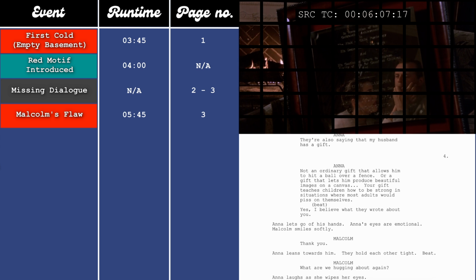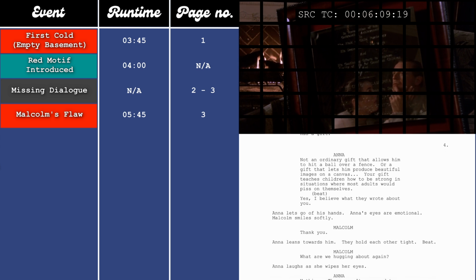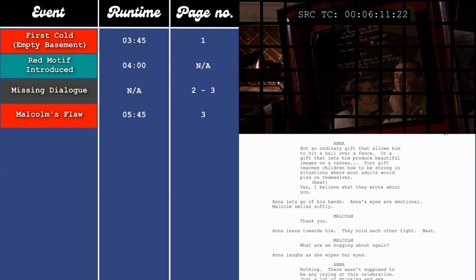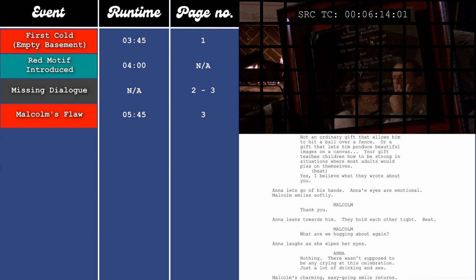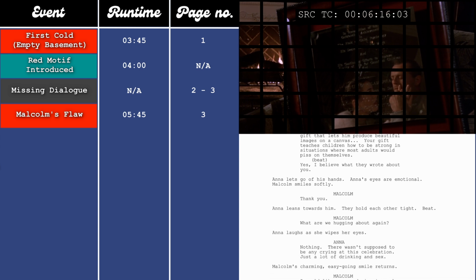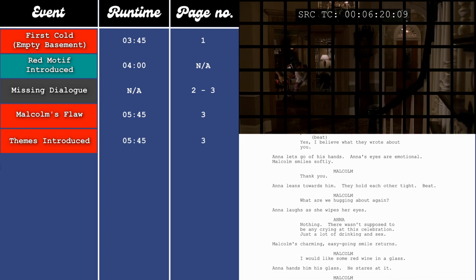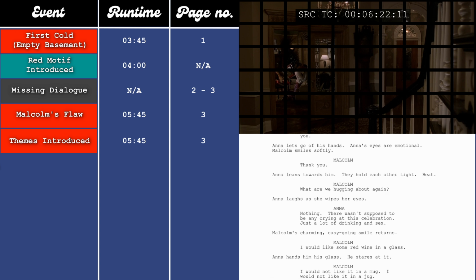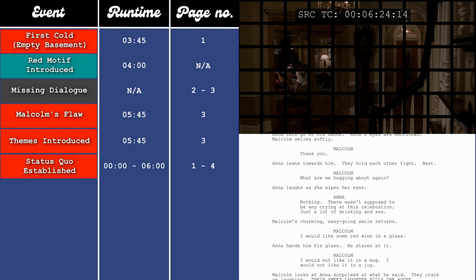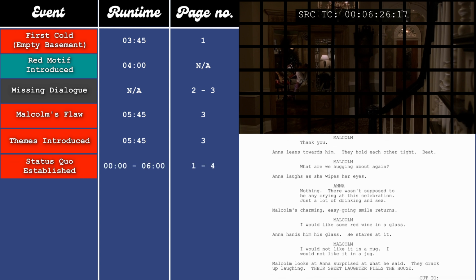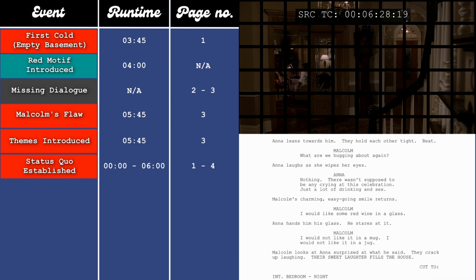Anna clearly believes that she is second to his work and she seems to be fine with that, but it's something that has been on her mind, otherwise she wouldn't have said it. It's been bubbling under the surface, which begins to establish the themes of a lack of communication, or a miscommunication between the characters. This is their status quo, that he is a celebrated child psychologist and she is the supportive